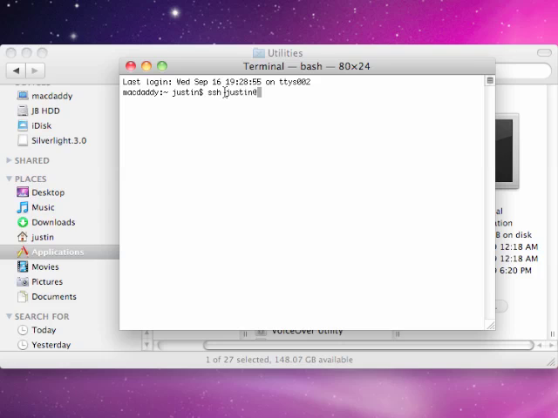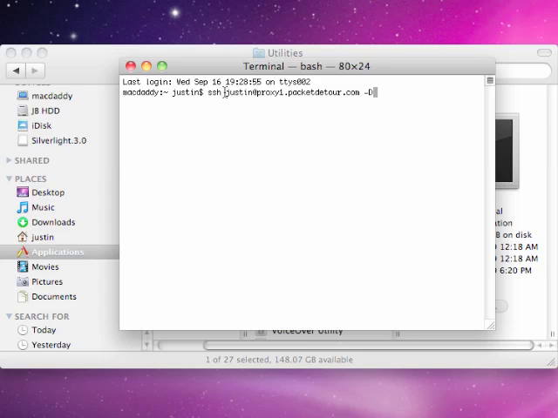My username is Justin, and then put the @ like you were going to type an email address. So Justin@, and then type the server name, proxy1.packetdetour.com. Okay, now before you hit enter, hit space,